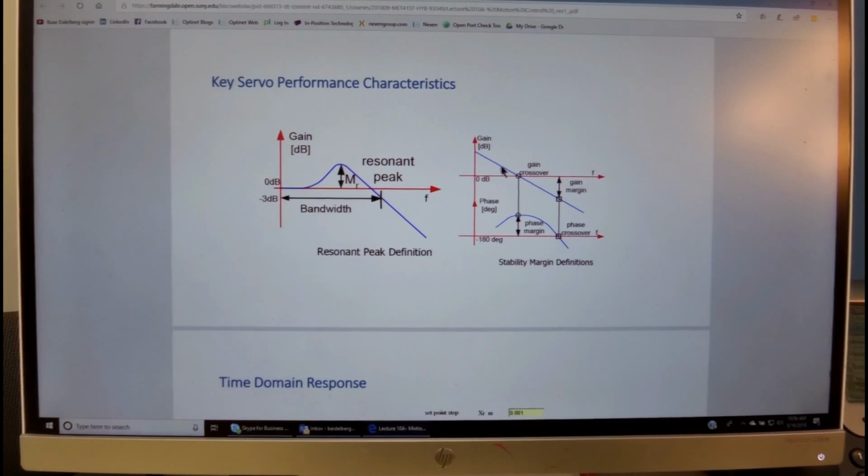The open loop is shown over here as a straight line. This is the gain crossover, and we see that when we come down with a vertical line, it intersects the phase curve at this point, and this is the phase margin. The difference between this point and minus 180 is a positive number. We like it to be at about 40 degrees.